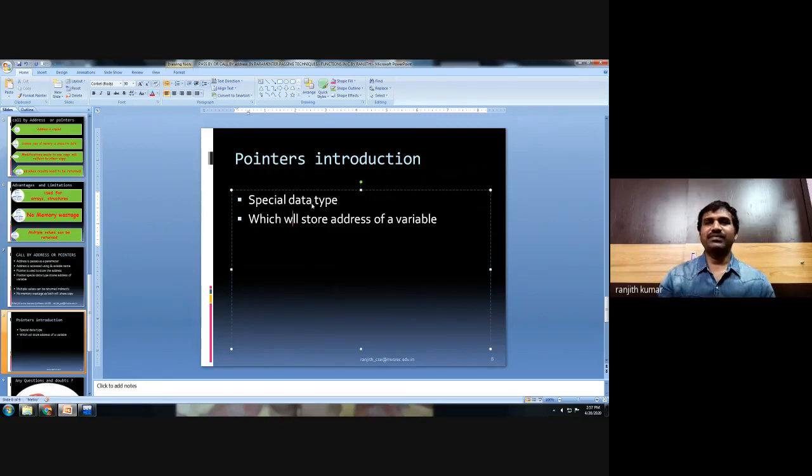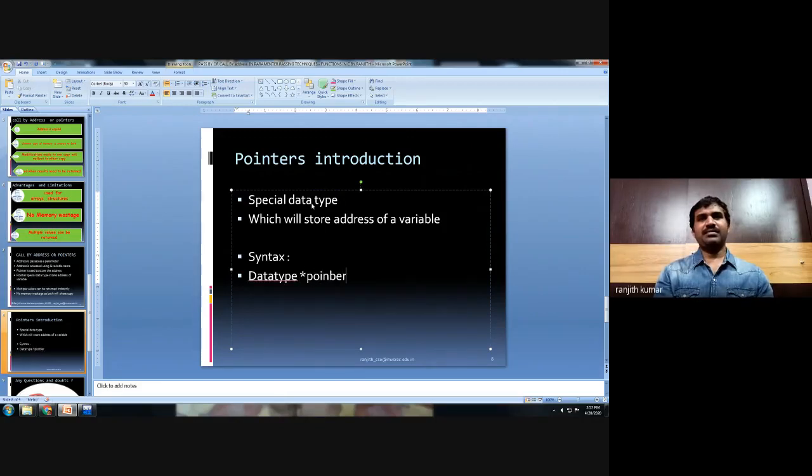The syntax of the pointer is: data type, space, star, pointer variable.